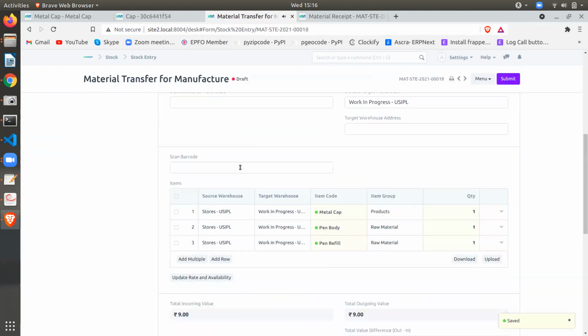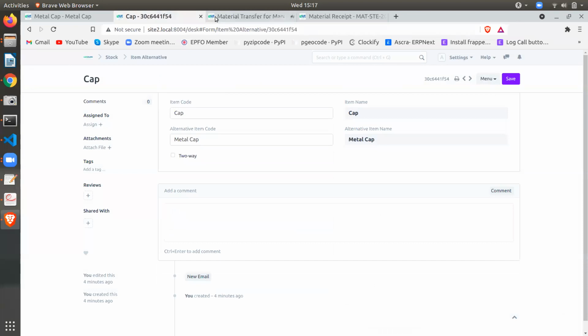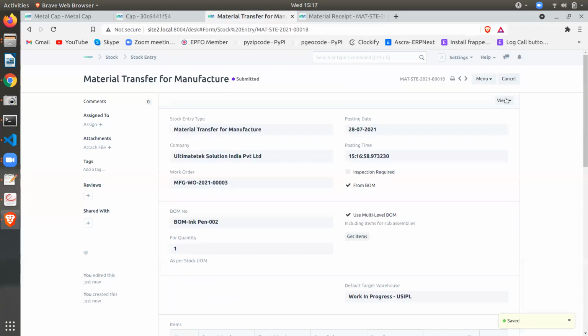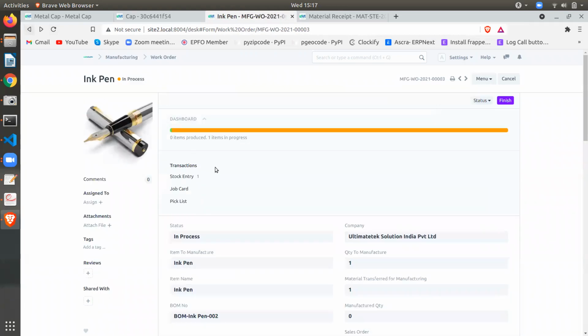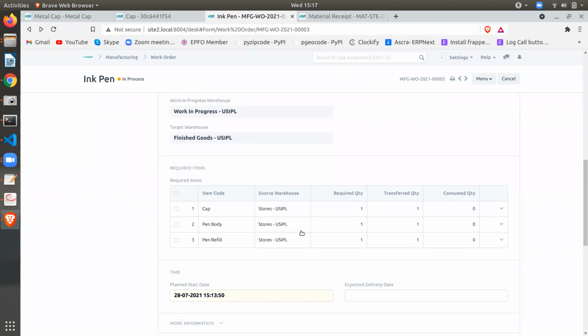It is allowed now. So here you can see that in the bill of material we have mentioned the metal cap only, but here we are using a product like metal cap for the production. Okay. So we'll go back to the work order now. You can see it comes to the in progress stage.